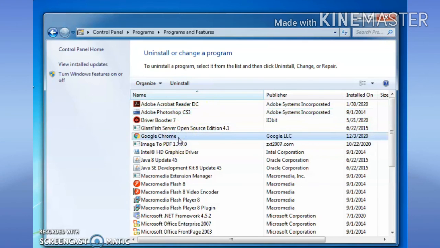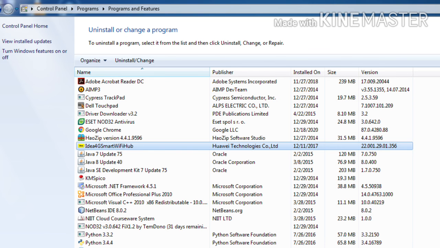I have clicked on Google Chrome, so the Uninstall option appeared, and when you click on it, Google Chrome will be uninstalled from your computer. Children, be very careful while uninstalling, because uninstalling means you will lose all the important files of that software.